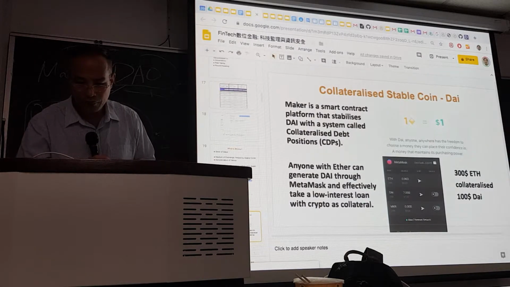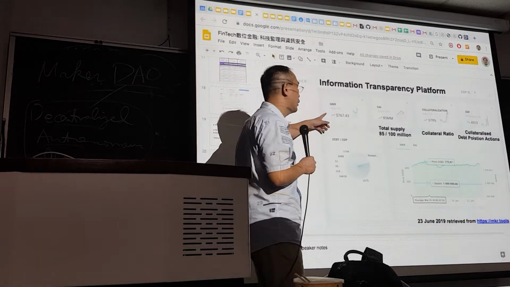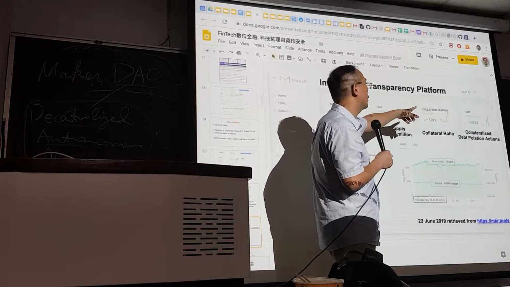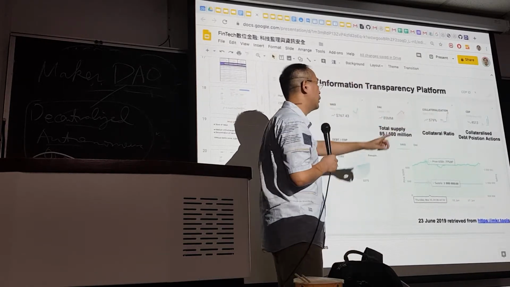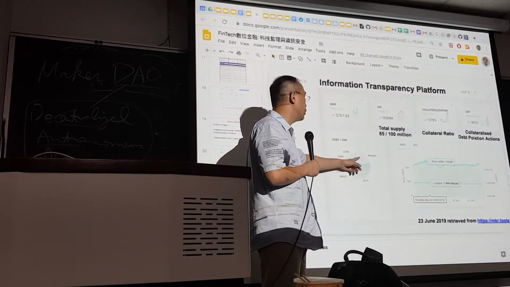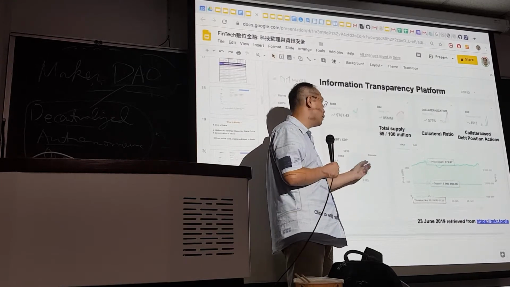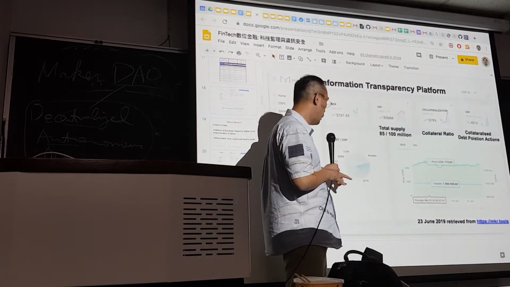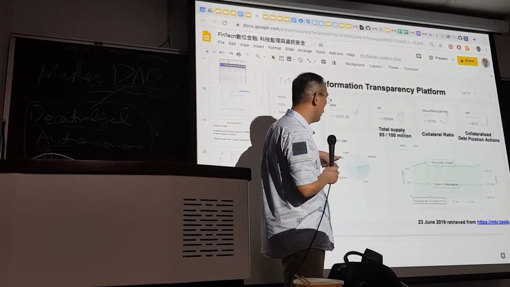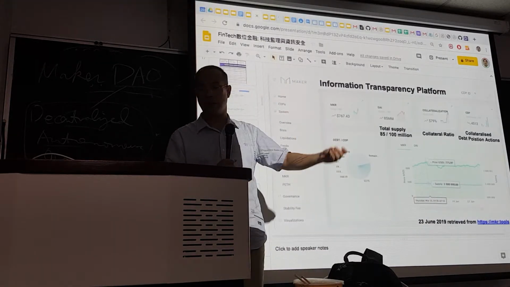Okay, it's easier to explain with numbers. This is the maker price, and then there's a characterized state position actions. So here the pink portion is the remaining. You can still borrow out this much money, and these are, I said, 10 ETH. Those are probably richer people, right? They have 10 ETH to use as collateral.